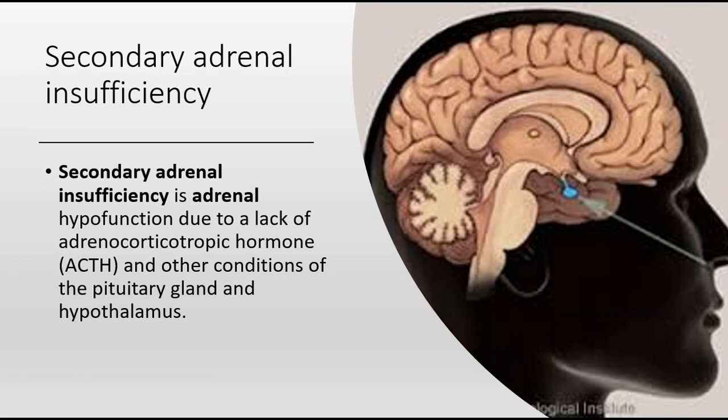Now, secondary adrenal insufficiency can be due to hypofunction due to lack of adrenocorticotropic hormone and other dysfunctions of the pituitary gland, often due to pituitary cancers. And what's really interesting is the way they handle this. They will actually go in through the nose. They'll knock you out, go in through the nose, take out a square portion of the base of the skull that separates your sinus cavity and your cranial vault, go in there, kind of where you see the arrow right there, and actually do surgery around the pituitary gland